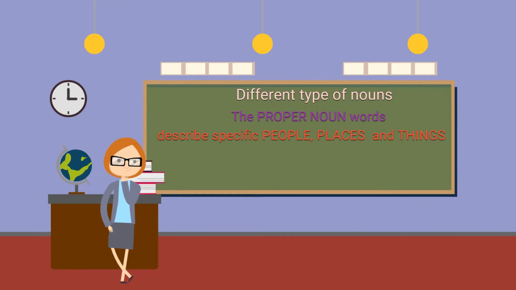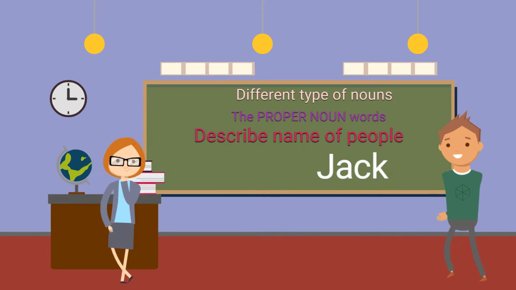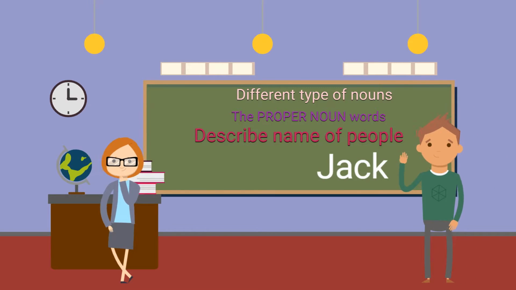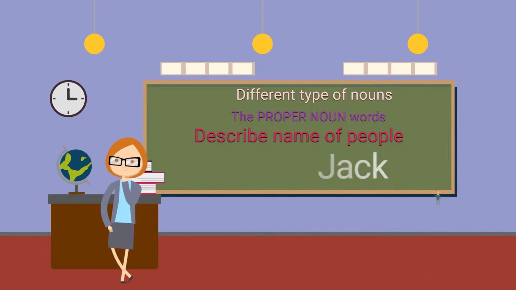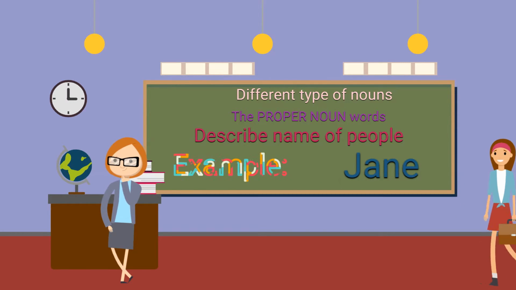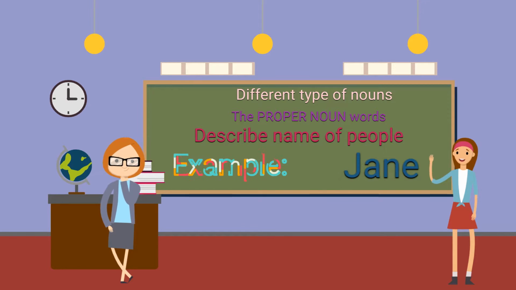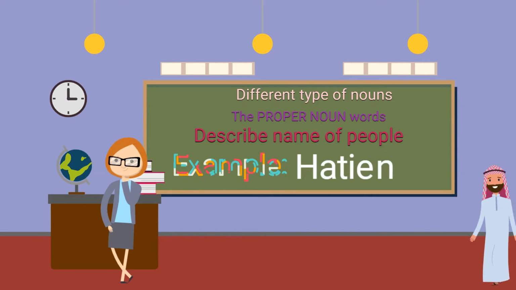2. Proper nouns. Proper nouns are words that describe specific people, places, animals, or things. Jack, Jean, Hatteen,